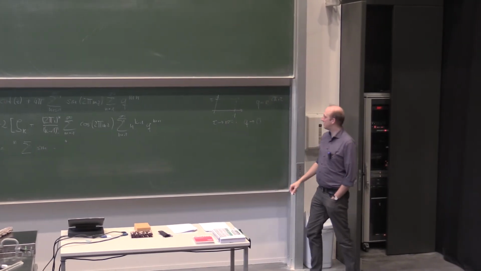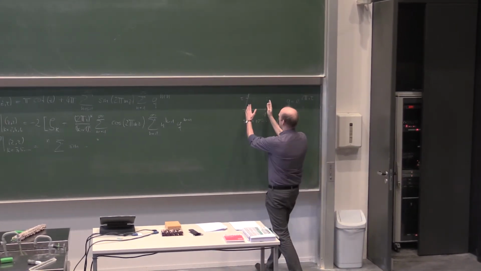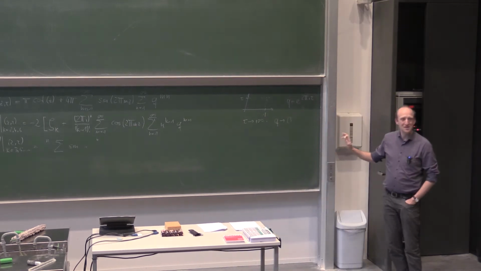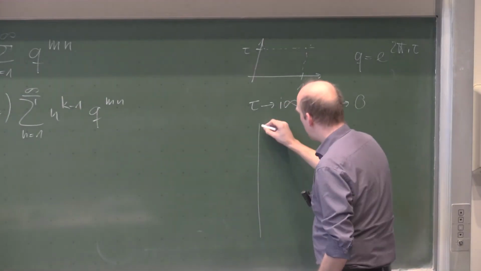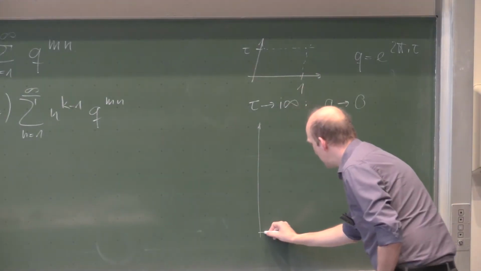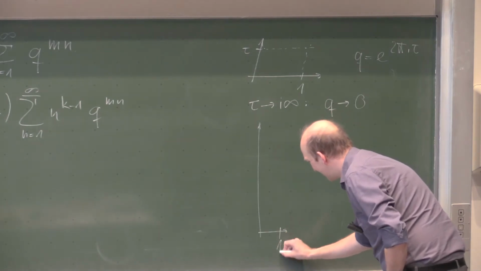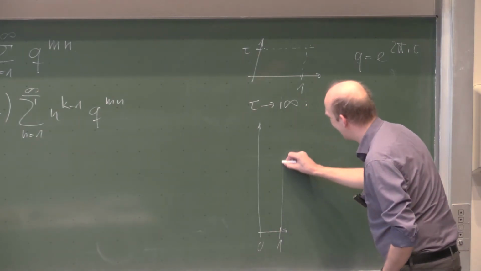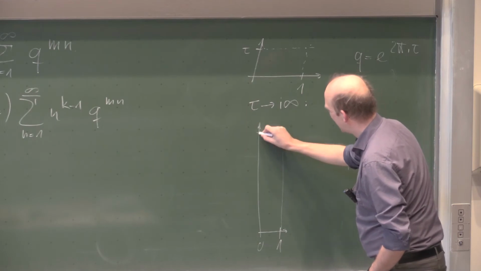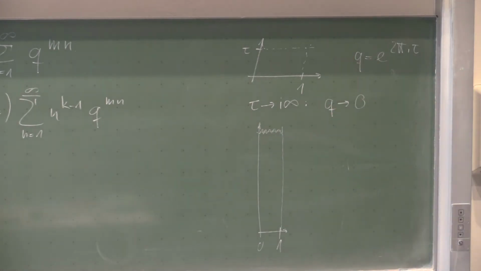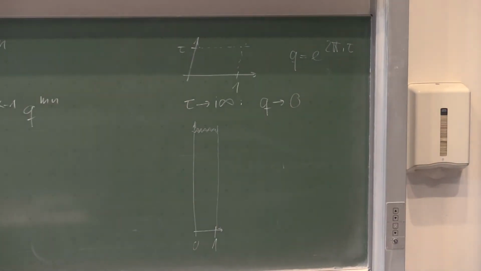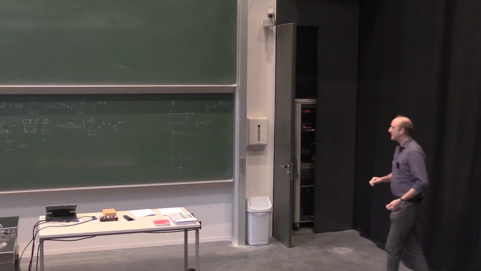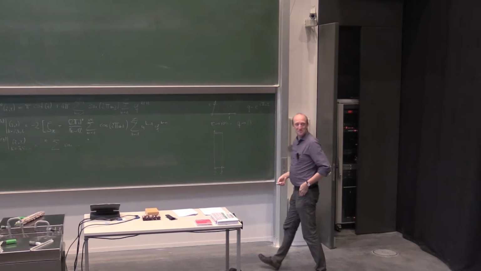You take tau to i infinity. That means, first of all, you make your parallelogram being a rectangle. And one can show that this is always possible and sufficient. And secondly, the rectangle will be very long, and let me put a wavy line here, so it will be infinitely long, and in practice one will take this parallelogram and let it shrink to a vertical line, which is nothing else as the integration domain of the